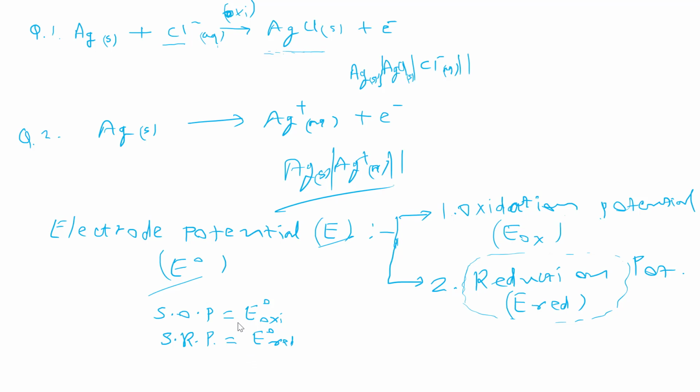Okay, as you have known, electrode potential is the potential difference between electrode and electrolyte. If it is created due to oxidation, then we say oxidation potential. If the potential difference between electrode and electrolyte is created due to reduction, then we say reduction potential. So these are the definitions of these potentials. Now, how can we represent these with symbols for reduction and oxidation potential?